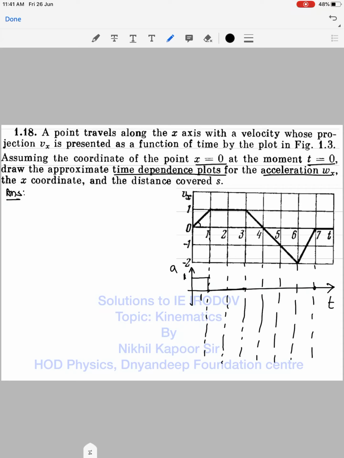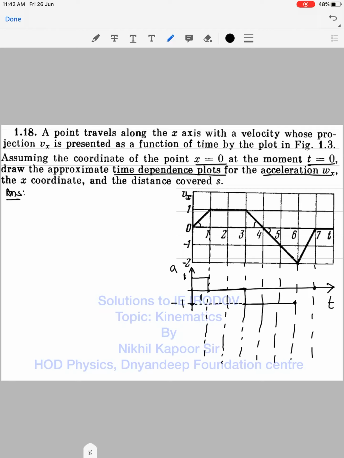So the graph will be like this till here, and then it is decelerating. The velocity becomes 0 again in 1 second, so the deceleration is also of the same rate, -1. Okay, so it will decelerate for this, but the deceleration continues because velocity is changing its direction without changing the slope, that is acceleration. So this acceleration continues for how much time? You will see that this acceleration continues for 6 seconds.